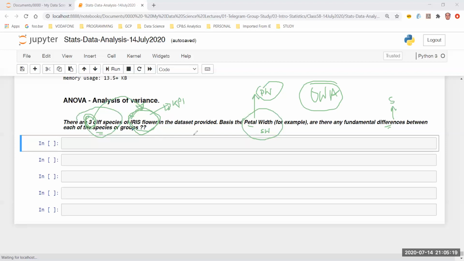Okay, so looking at the question itself, we can figure out whether it is an ANOVA problem, and if yes, what kind of ANOVA problem it is, whether it is a one-way or a two-way ANOVA. You have to find that out, because basis that, the inputs to the functions that you use in Excel and Python are going to change. The same thing does not or may not happen with other statistical software. For example, in R, when I was trying to learn the concepts of ANOVA problems, I've even used the R programming language to do ANOVA, but in R there is only one function, and that function is as simple as the ANOVA function.